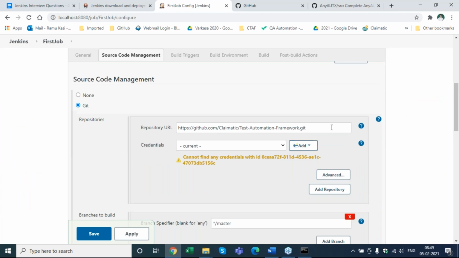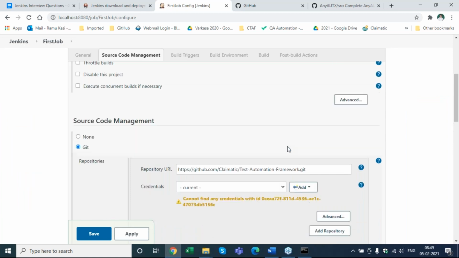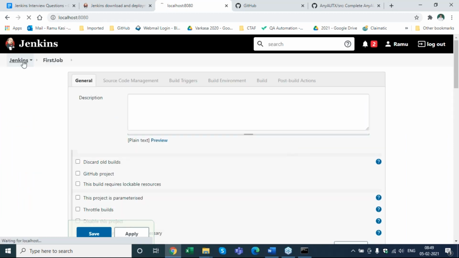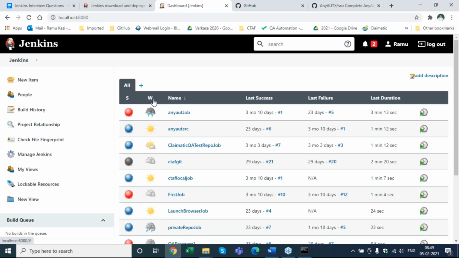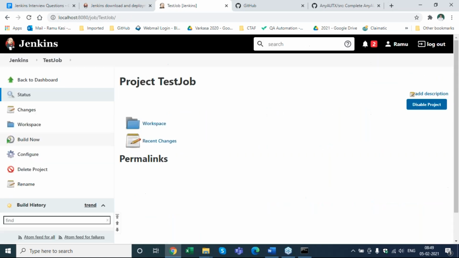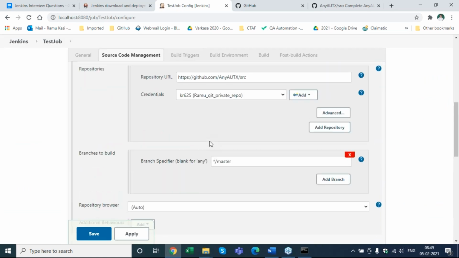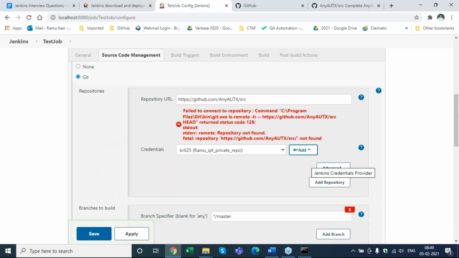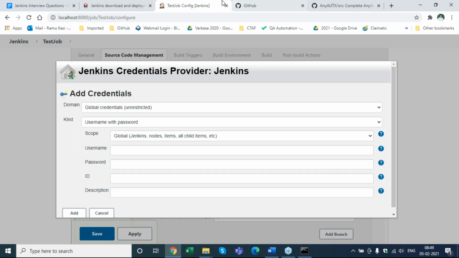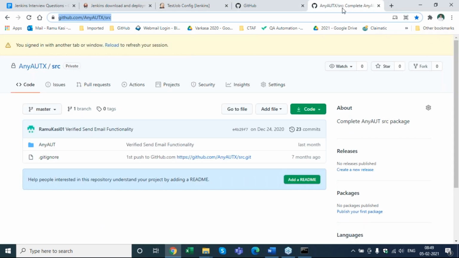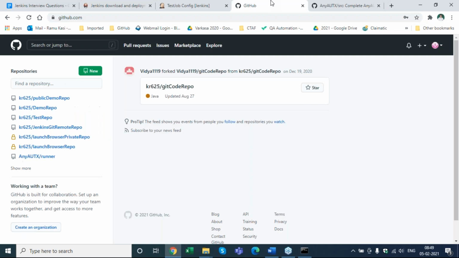Test job, right? Ours is. Yeah, sorry. I was wondering why the URL is different. Okay. Configure. Okay, where am I? I want to add a credential. So the credential is KR625. Let me cross check again.